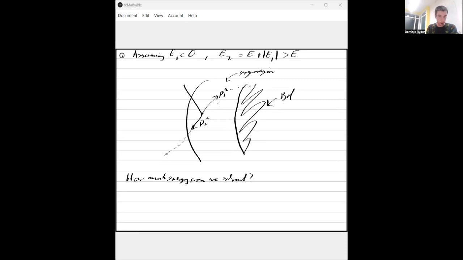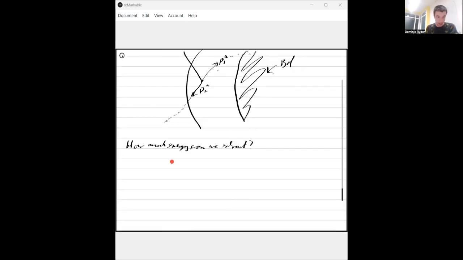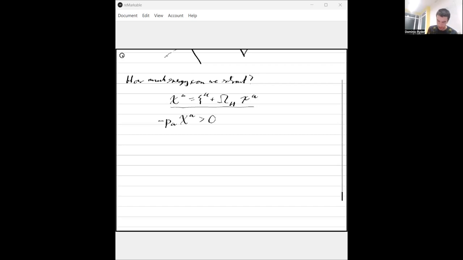So now recall that on the horizon, we have a Killing vector field, chi^a = xi^a + omega_H psi^a, where chi is a future-directed null horizon vector. And then off the horizon, it's going to be causal. And so we have a momenta, a one-form momenta contracted with, minus a one-form momenta contracted with chi^a is going to be greater than 0. So if we just contract this Killing vector field with p_a, we get